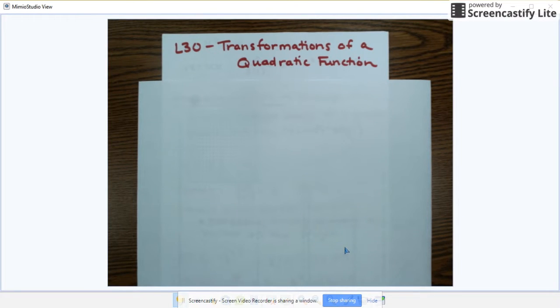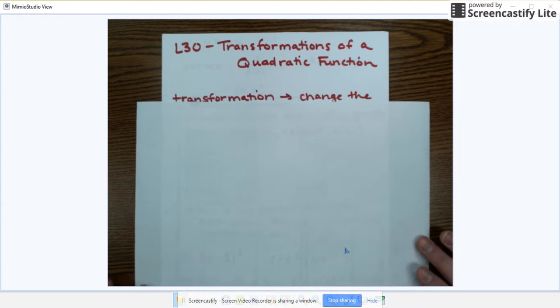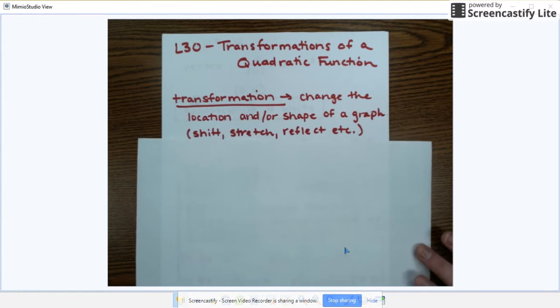Today we're going to talk about lesson 30, which talks about transformations of a quadratic function. So a quick reminder, quadratic means that we have an x squared term, and our graph is going to be a parabola. So just in general, any transformation means that we're taking our graph and we're going to change it